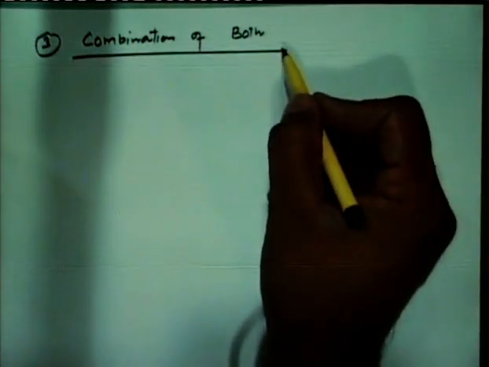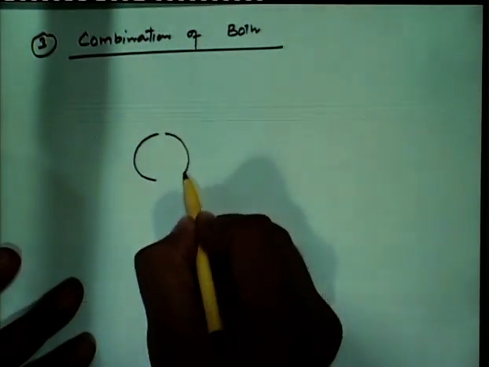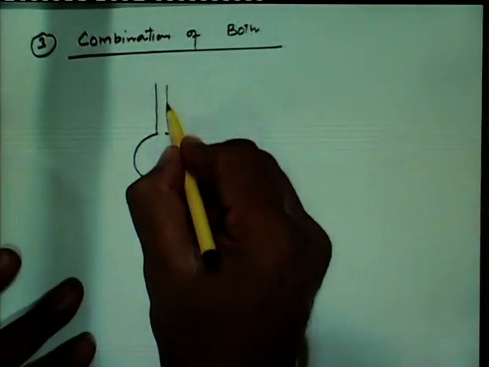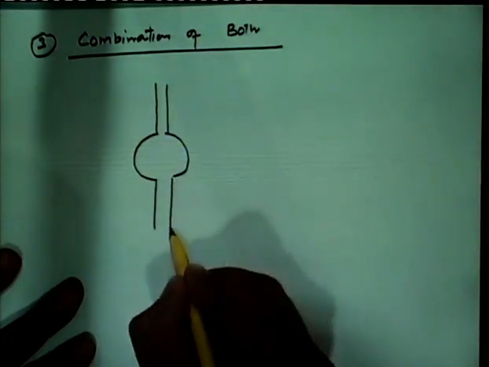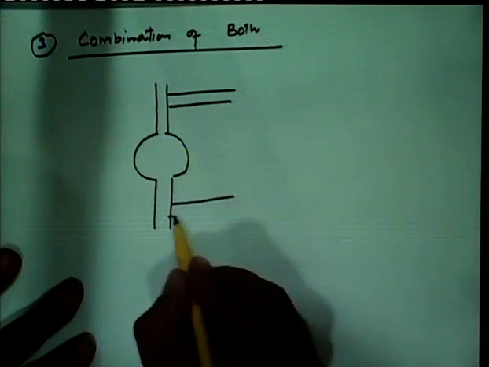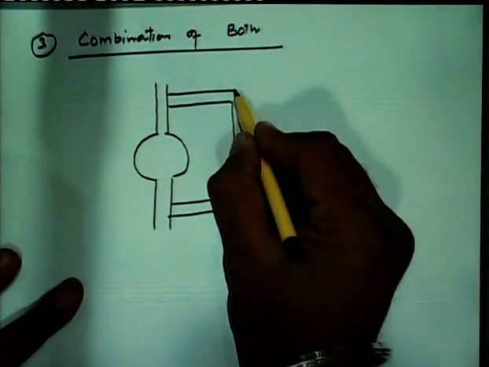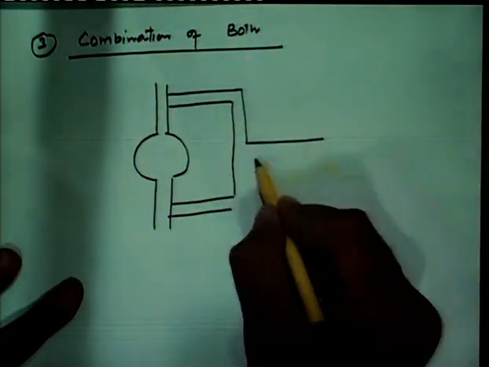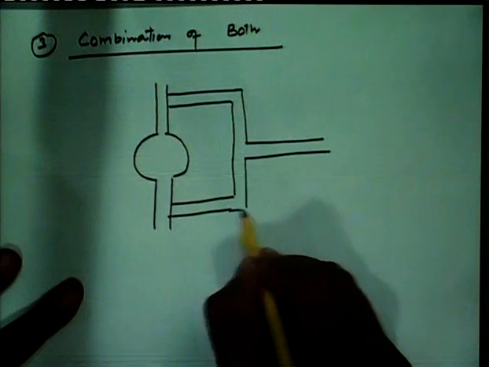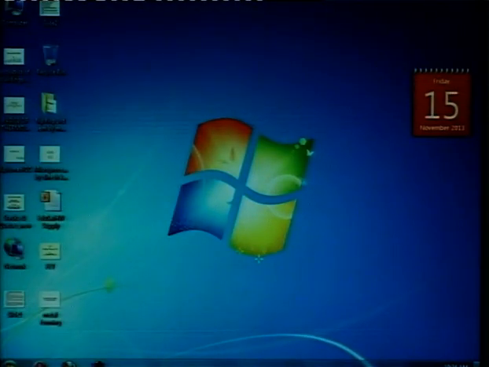Now, I would like to explain this with a particular diagram. By drawing this diagram, you will get a very clear idea of how exactly we do both the processes in combination. Suppose here we have provided a valve V2. Suppose here we have provided